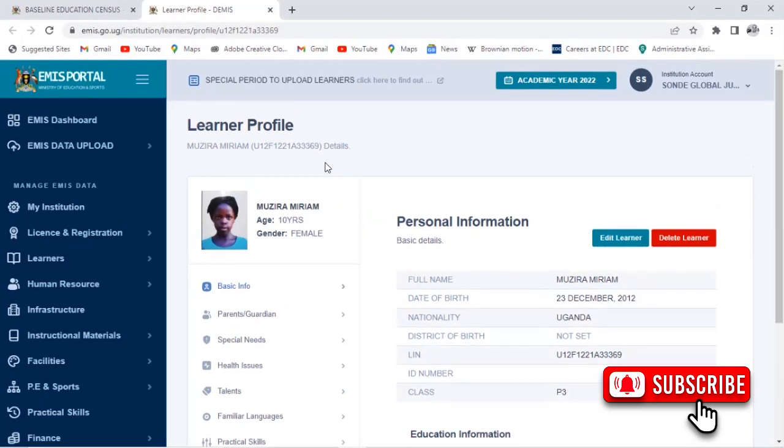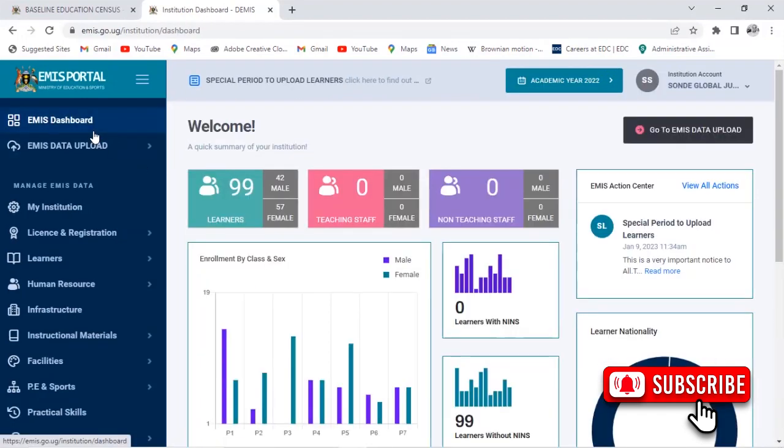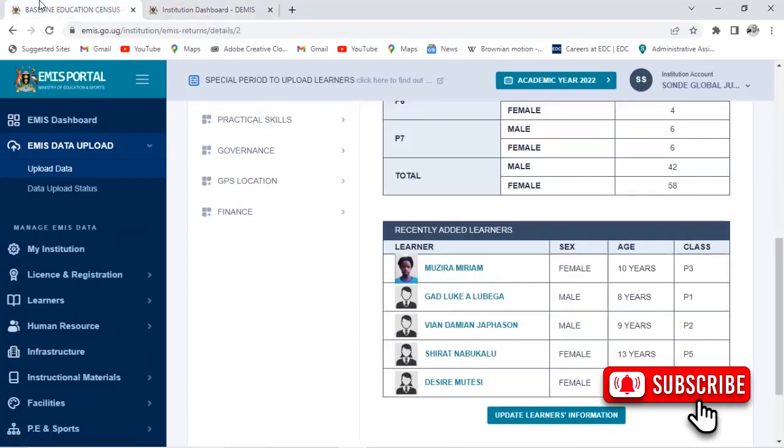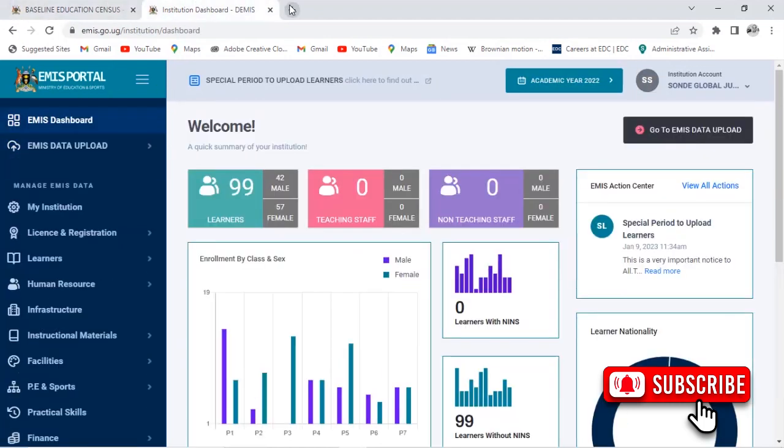That means the learner must have the parent's name, and the parent's name must be correct so that the system can verify immediately from the NIRA database. So that's how you upload the learner's information to the ministry database directly using the web portal or the EMIS